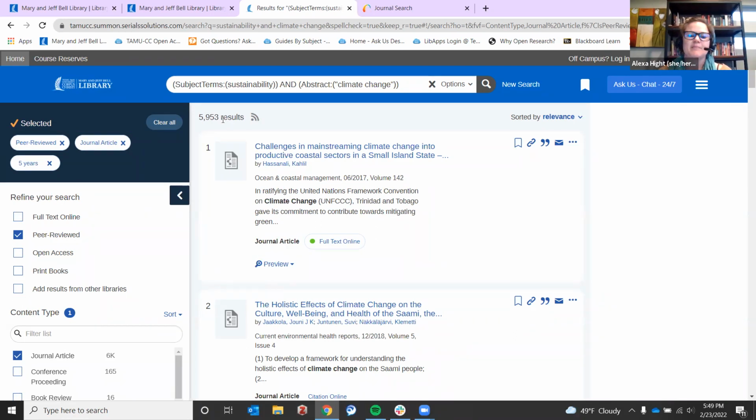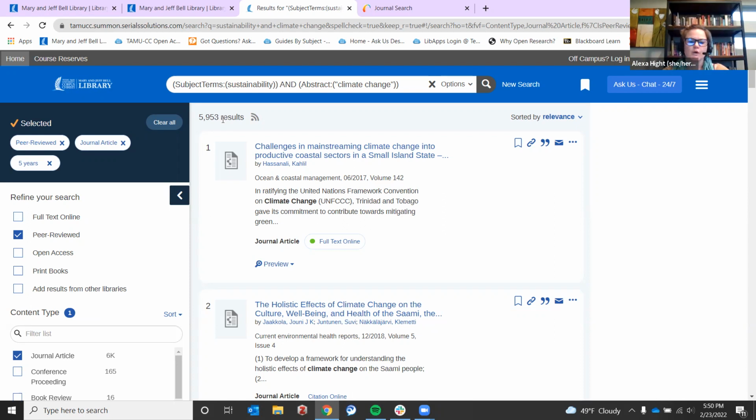That's still a lot, but my terms sustainability and climate change are pretty general as well. I could look at, thinking about a time period or a geographic location, or again, sustainability. Am I talking about economic sustainability, green sustainability? What does that exactly mean? I can narrow things down that way as well.